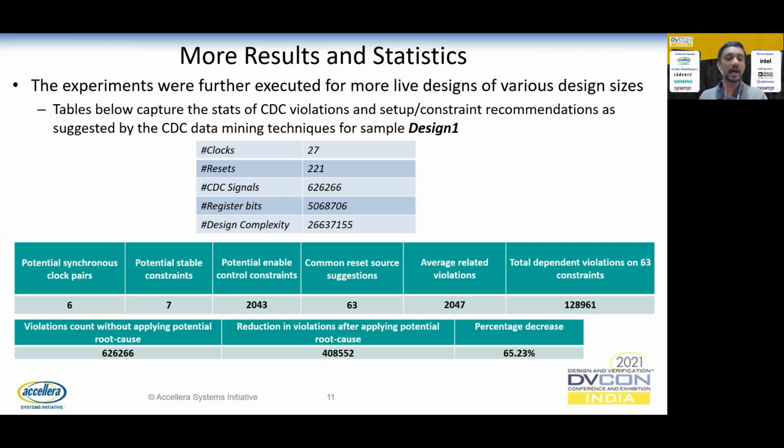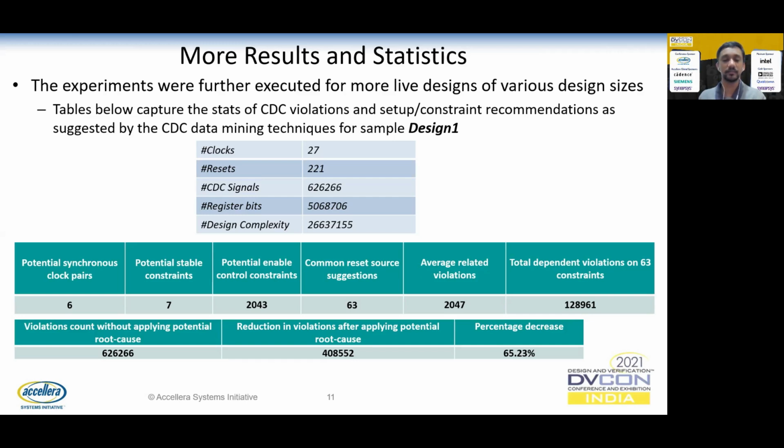Looking at the table, we have around 6 potential synchronous clock pairs as suggested by the data mining techniques. Similarly, around 7 potential stable constraints, around 2043 potential enable control constraints for the demux crossings, and around 63 common reset source suggestions. On an average, there are around 2047 related violations that are getting impacted by these setup constraint suggestions. The total dependent violations on the 63 common reset source suggestions are around